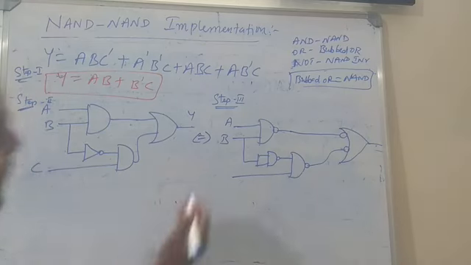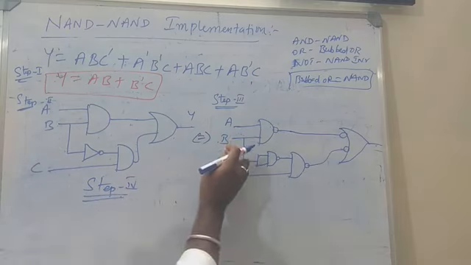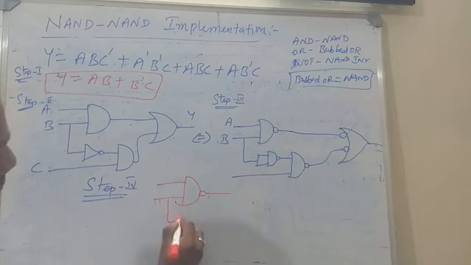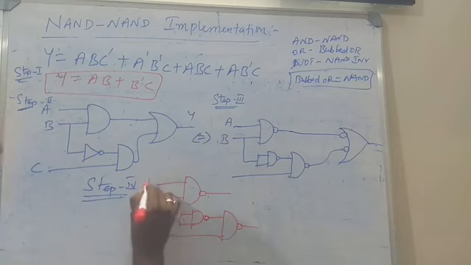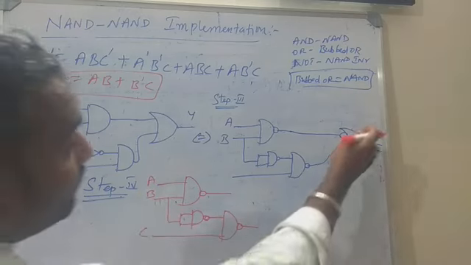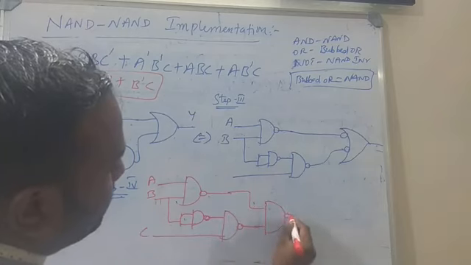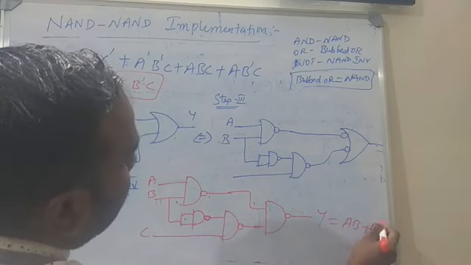Okay, so now on the step 4, the final step 4, you will get what is the answer. So here A, B, an AND gate is there now. So the same thing, final answer. So final answer look like this. So AND gate and one inverter, NAND inverter. Okay. NAND inverter is there, and this one NAND inverter is there, and A, B, this one is what? C, and bubbled OR is equal to what? NAND operation. Okay, so this is the NAND operation. Okay, so this is Y is equal to what is the answer? AB plus B bar C, right?